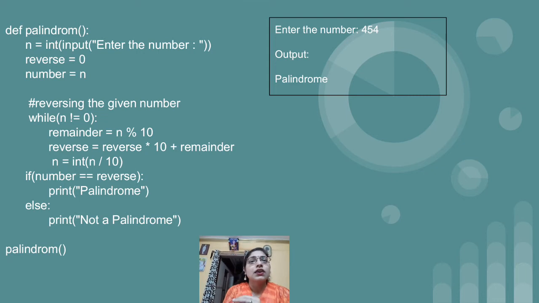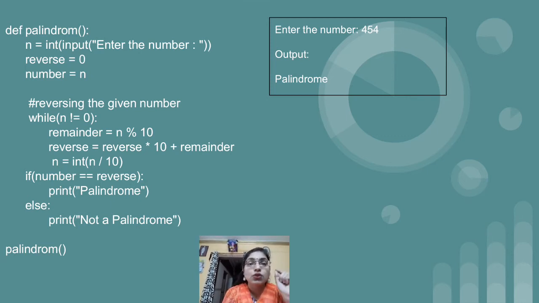Again all the logic is almost the same. We have already done the reverse program, right? So the same program we are going to write here. In that reverse program we got the reverse, and now we will check that reverse number value with the original number, and if both numbers match, that is number equal to reverse, this condition is true, then you will get the message as palindrome, otherwise not a palindrome.